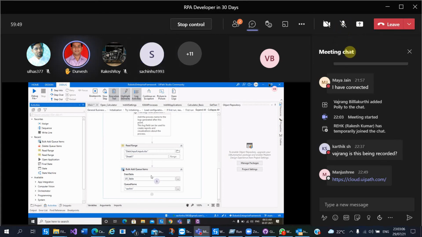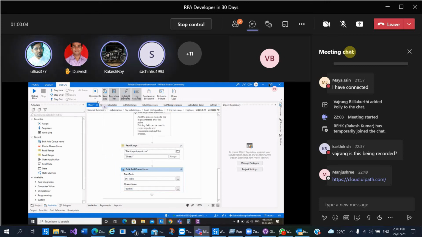Just save and run this file and check if data is uploading. Add a breakpoint at Bulk Add Queue Items. Click on breakpoint, on the top panel, right side.